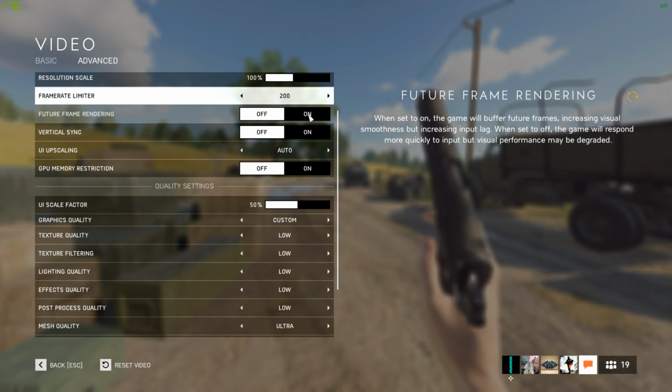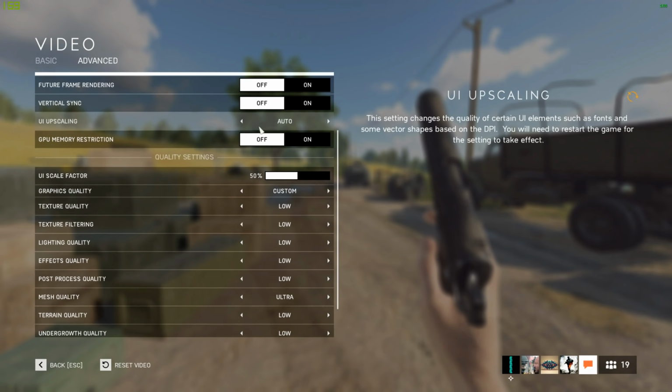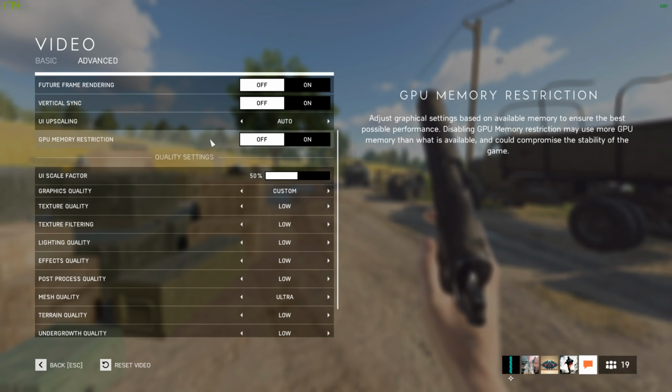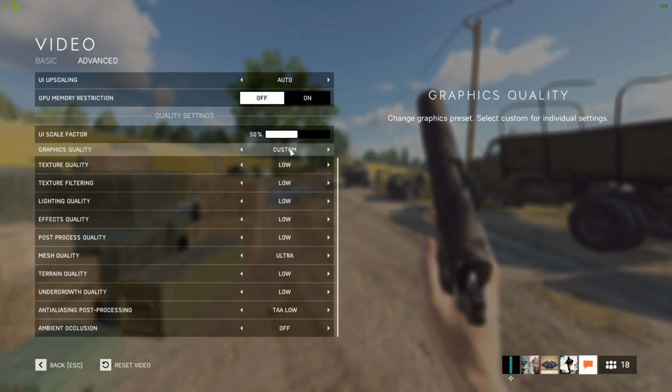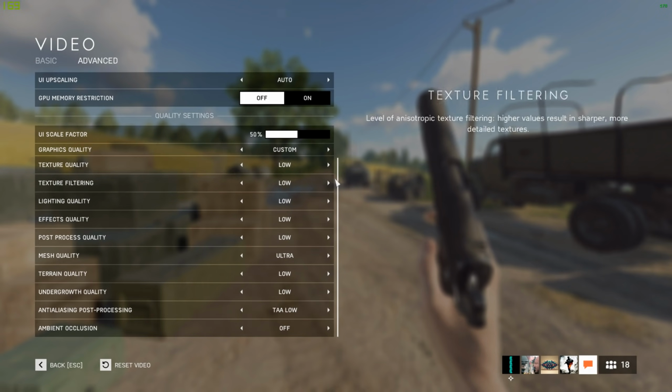You'll get more frame rate if you turn it on, but if you've already got ridiculously good frames, then turn it off and you'll get a better feeling on your mouse. Vertical sync, turn that off. UI upscaling, set that to auto, and GPU memory restriction is off. So leave that at default, and graphics quality, go across until it says custom, and then you can start changing